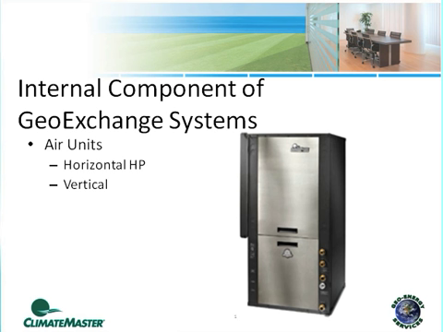Now, a couple of things that I have to note on the vertical units that you always need to be aware of, because people try to put these in closets all the time, is to understand that the return of the heat pump unit is always on the side of the unit, which you can see right here. That return has to be big enough to get all of the airflow across the coil, because that refrigerant coil is right there immediately to the return opening. And so if you're putting this in a closet, you better make sure that you have enough room to get either the return ductwork or have enough open return to get sufficient airflow